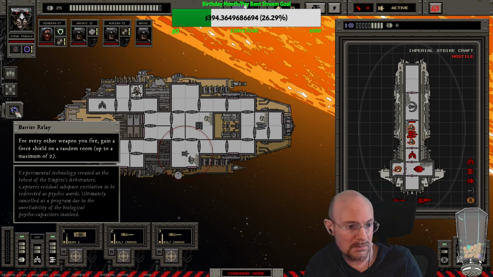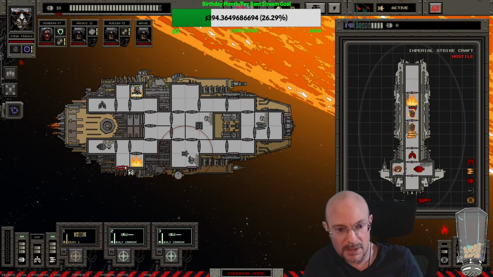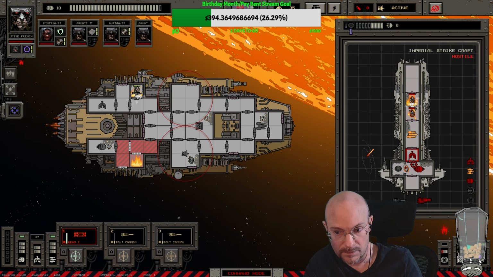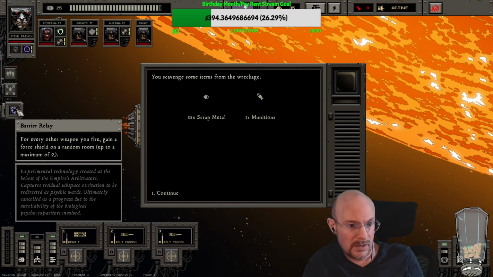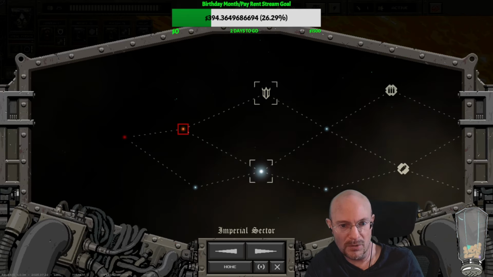So there's the random barrier that spawned. I mean, this feels like this could be really cool if I get really fast-firing weapons. But it only goes up to a maximum of 2, which is kind of troll, to be honest. You can only get that twice. I feel like this ship should have an upgraded version that can go up to more than 2 since it